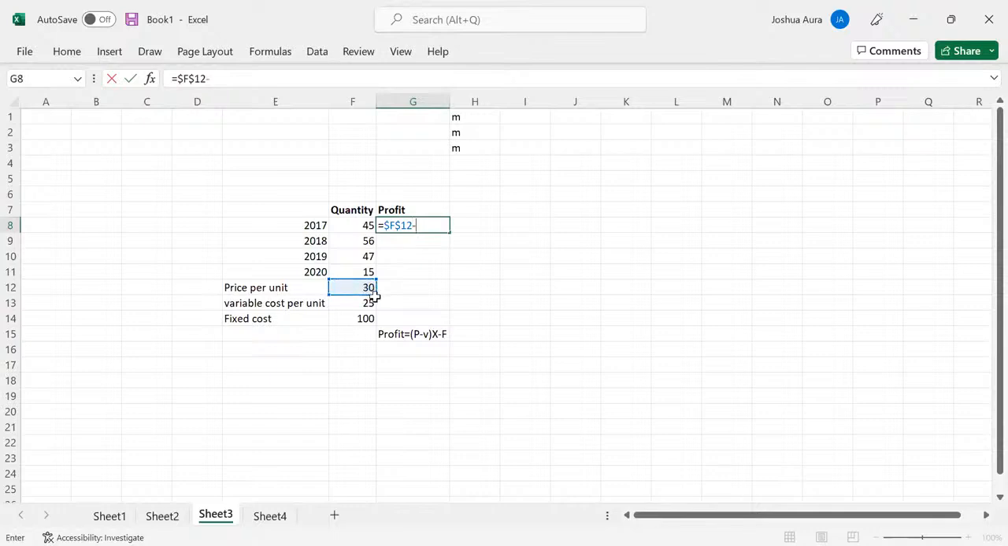So I'll come and say equals. I would want the variable cost to be subtracted, right? So I have my variable cost, and I would want this variable cost also to be fully referenced, F4, like that. And I would want these to be in brackets. I'm simply following the formula. I would want them to be in brackets like that. All right. From there, we continue with our journey. We say times